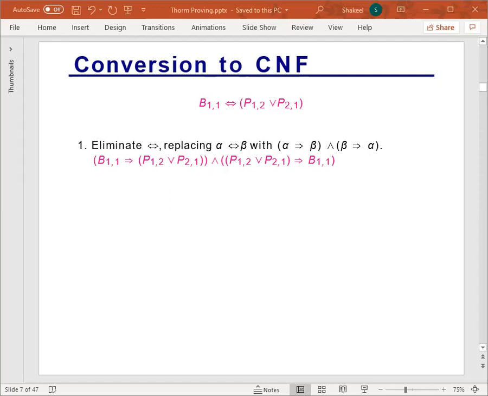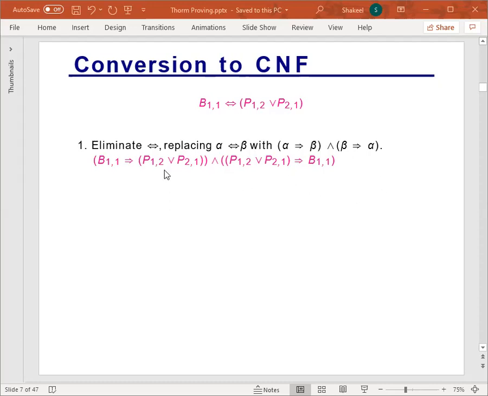So now let's show how we can convert a propositional logic formula into a CNF form. Suppose we have breeze in 1-1 if and only if a pit in 1-2 or pit in 2-1. The way to simplify this, or rewrite this into a CNF, is first to eliminate the